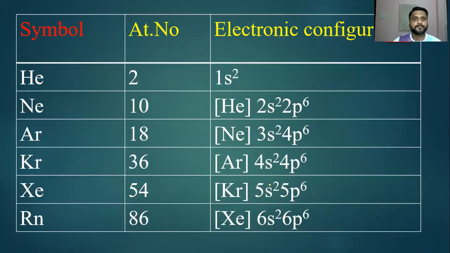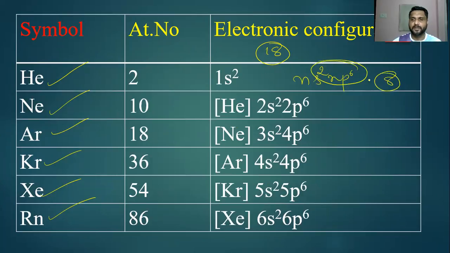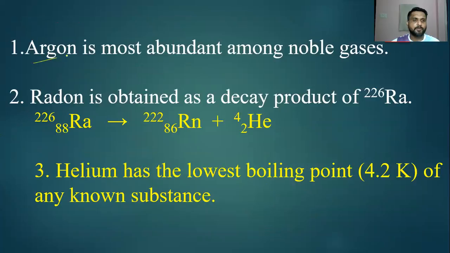Next we have the group 18 elements: helium, neon, argon, krypton, xenon, and radon. The general configuration is ns2 np6. The total number of electrons in the valence shell is 8, so the octet is complete. Therefore they are least reactive. We cannot remove an electron easily, and we can't add an electron easily. They already have a stable octet, except helium, which has a duplet structure.